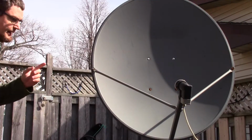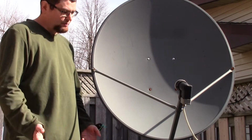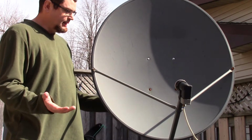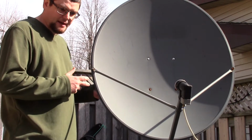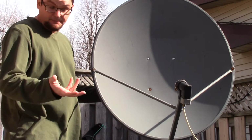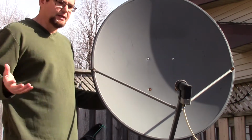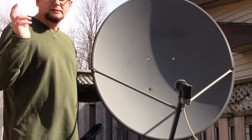You can get a 90 centimeter dish like this one. I believe Tech 2000 sells these. You can order them online. This is a 90 centimeter dish, and this is probably the best bet for getting Ku band and for getting the PBS MUX. I recommend that you put a motor on. I have an upcoming video where I'm going to put a motor on this dish, so you just need the one dish, and then you just set it up on your geostationary arc, and you get all the satellites that you're able to get,